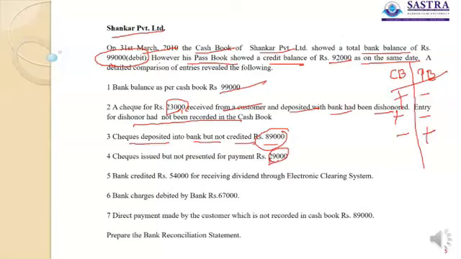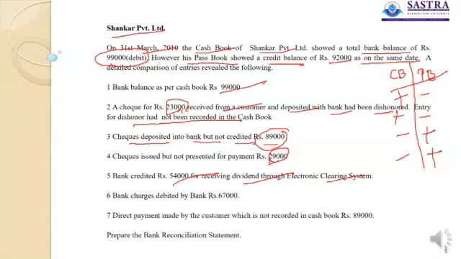The bank credited 54,000 for receiving the dividend through the electronic clearing system. It is a kind of income. As per the standing instruction or the customer's instruction, the bank might have been collecting the incomes of the customer, crediting them into his account directly. Such direct happenings, one among them is the dividend. In this question, 54,000 rupees is credited, which might be the income of the customer credited in the passbook, increasing the passbook balance, whereas it has not yet been brought to the notice of the customer and not yet entered in the cash book, which decreases the cash book balance.